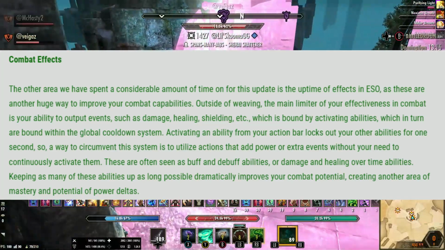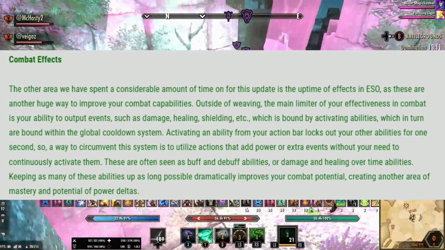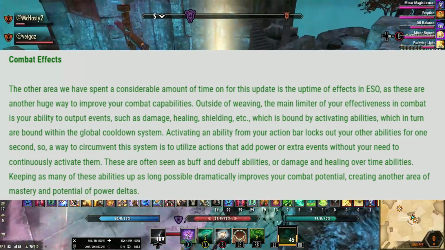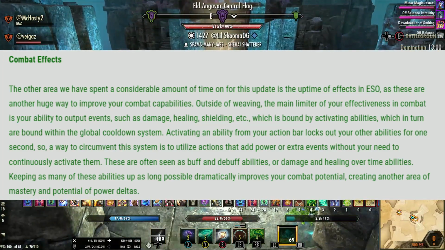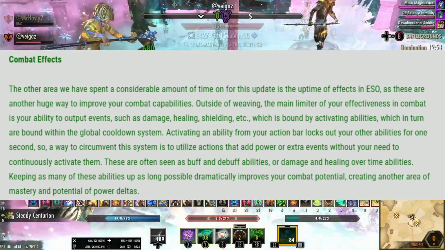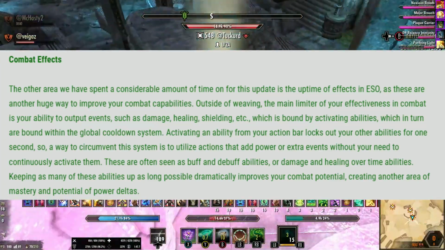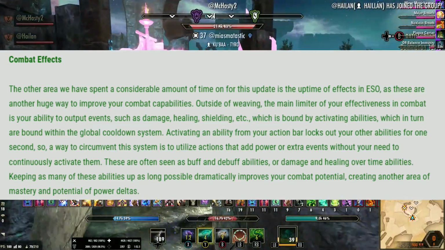Activating an ability from your action bar locks out your other abilities for 1 second. So a way to circumvent the system is to utilize actions that add power or extra events without your need to continuously activate them. These are often seen as buff and debuff abilities or damage and healing over time abilities. Keeping as many of these abilities up as long as possible dramatically improves your combat potential, creating another area of mastery and potential